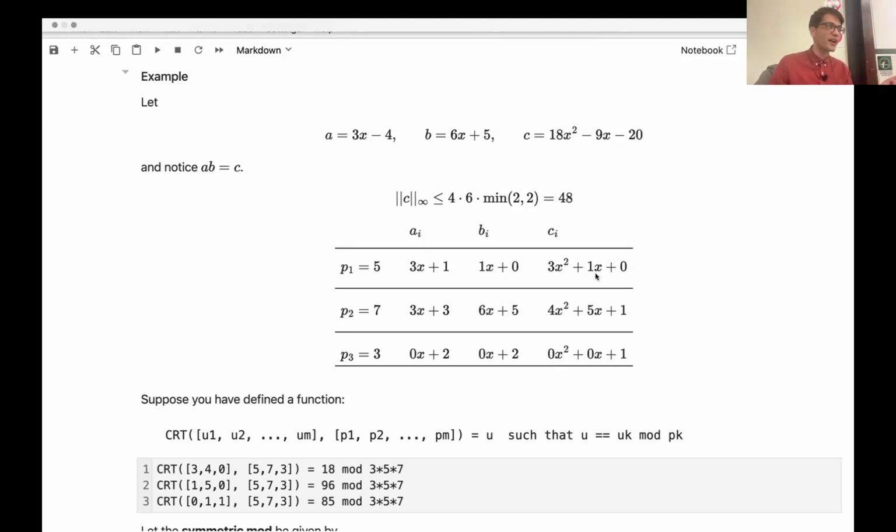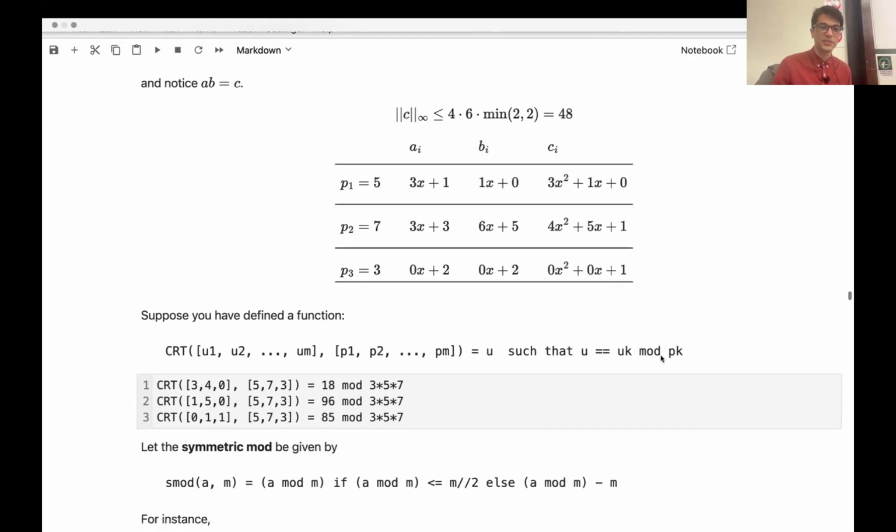I know that the linear term of the product mod 5 is 1. I know mod 7, the linear term is 5. I know mod 3, the linear term is 0. So then you use Chinese remainder theorem, and then you recover the linear term. And then you do the same thing for the constant term, right? So here,